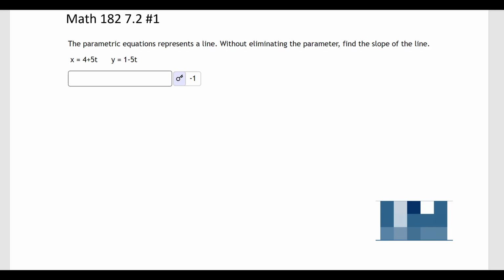I had a student ask some questions about parametric equations, so I thought I'd do a few problems here from 7.2. So this first one says the parametric equation represents a line without eliminating the parameter from the slope of